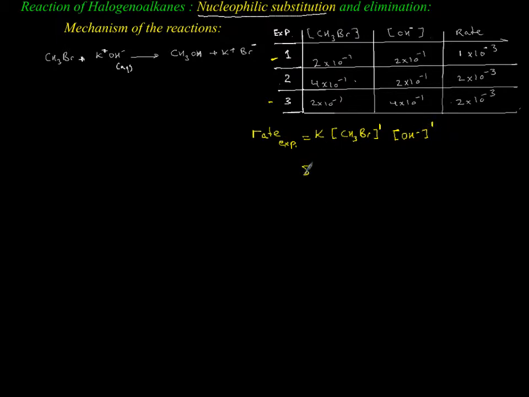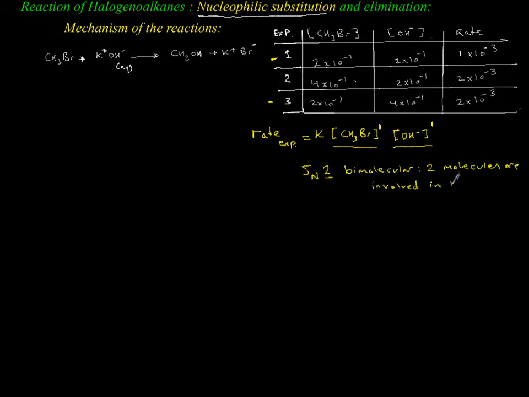Now SN2 comes to life. The 2 stands for bimolecular. In the rate determining step, both molecules are involved. So this is molecularity, bimolecular, meaning 2 molecules are involved